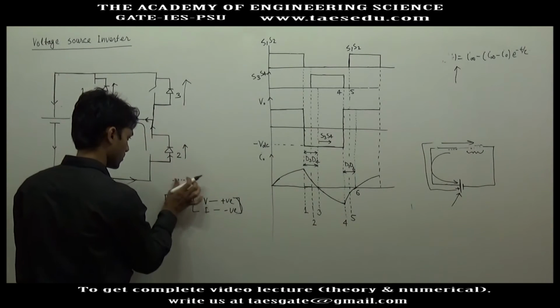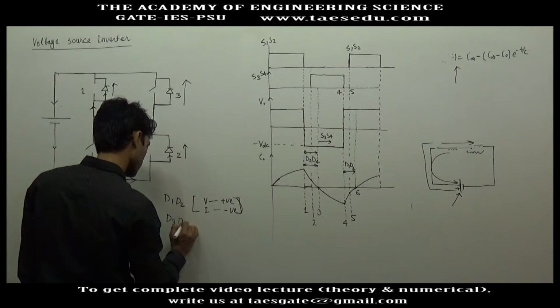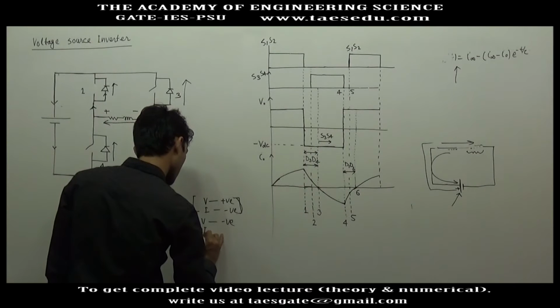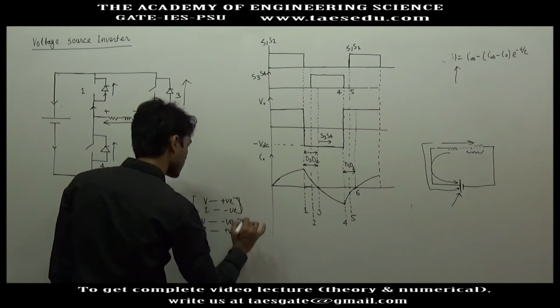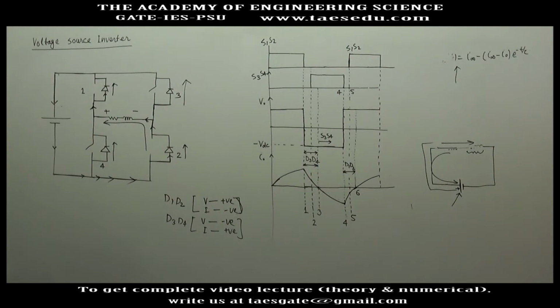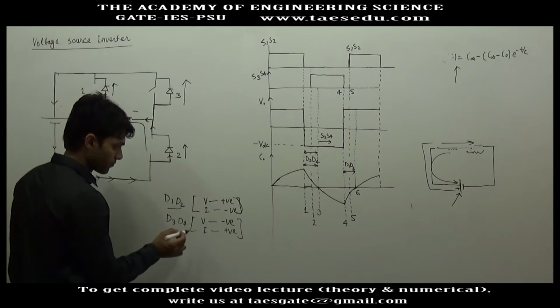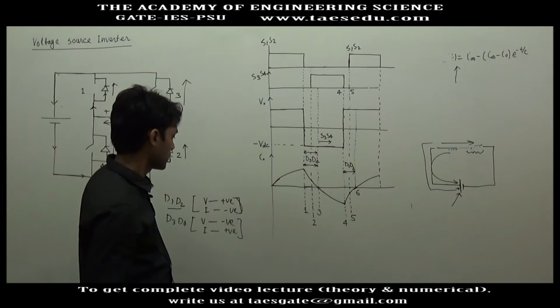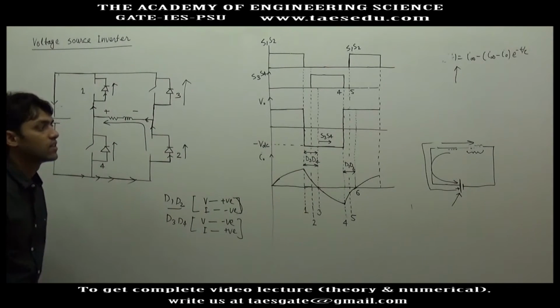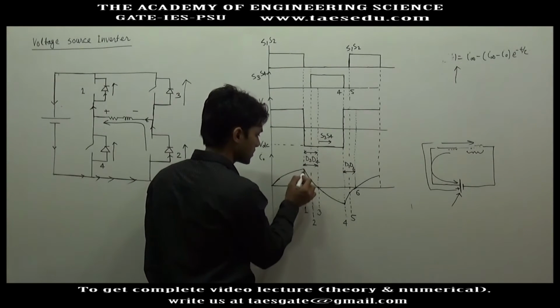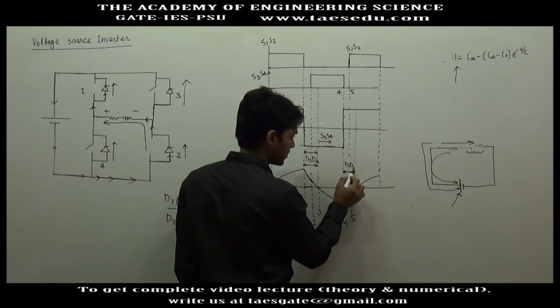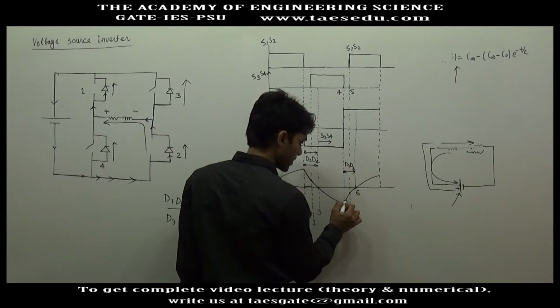Okay, and for D3 D4, voltage is negative and current is positive, since in case of diode, voltage is always opposite to current. If voltage is opposite to current, the magnitude of current will decay. Whenever D3 D4 conducts, the positive magnitude of current decays, and in case of D1 D2, the negative magnitude of